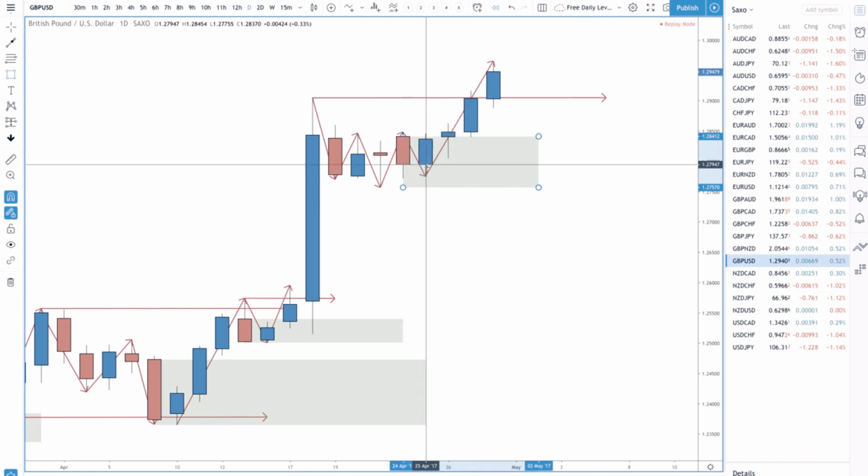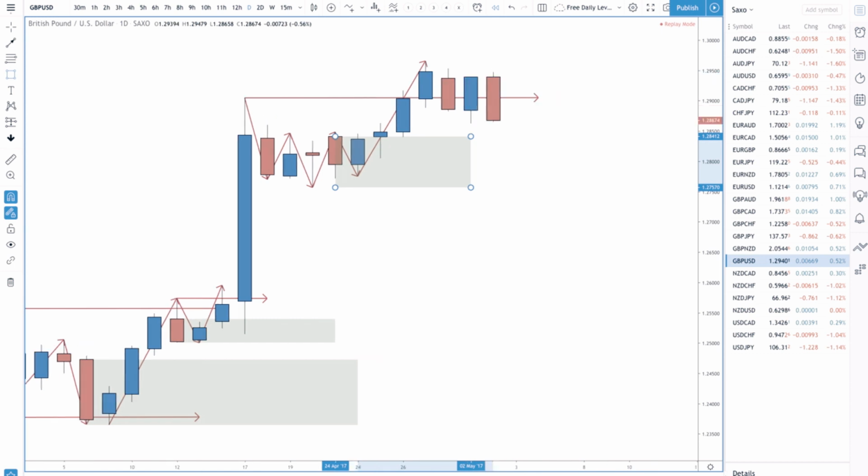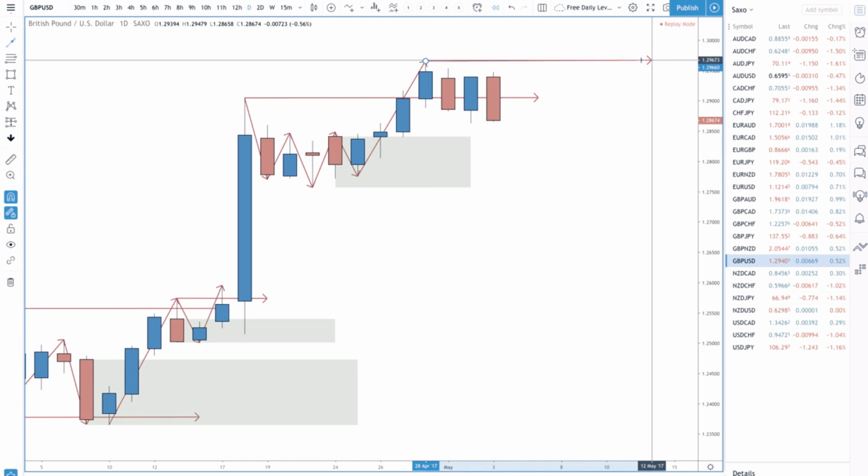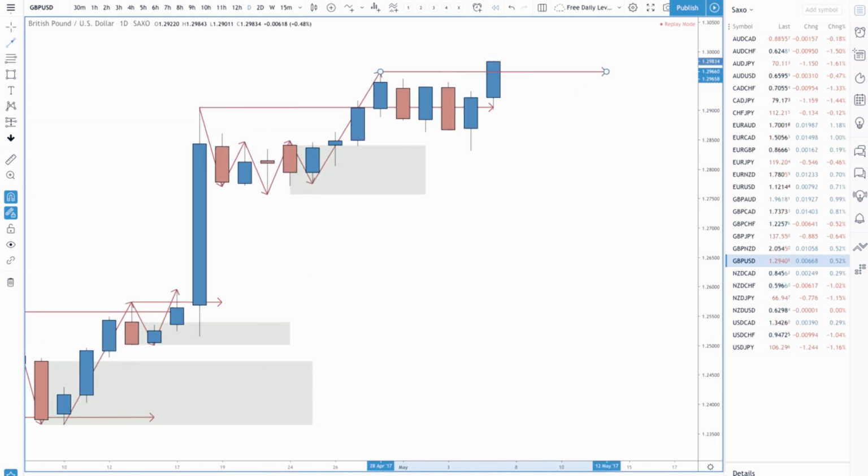It's right there really. So let's go forward. Now until prices go above there, we are, start to go above, we can draw demand right here,